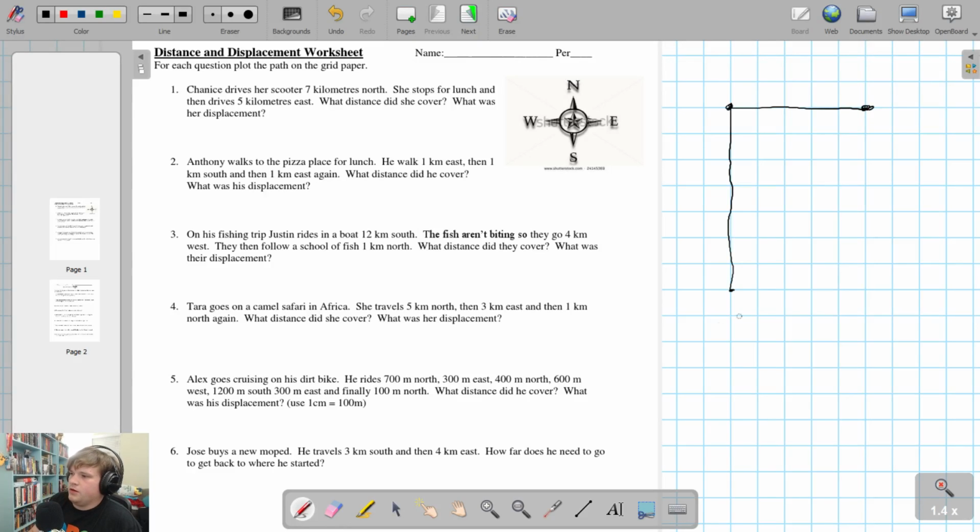Now, distance is what we're looking at first. So this was 7, this was 5. Now, distance deals with how far you actually travel. So you start,